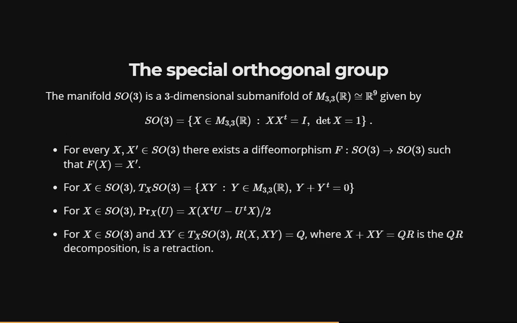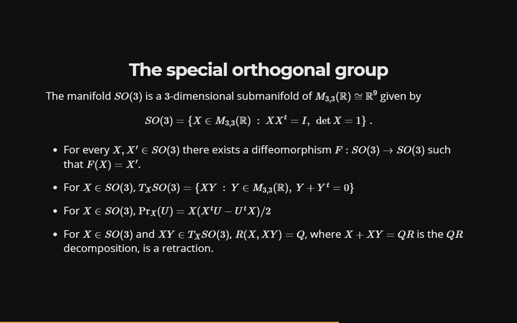Now, the retraction. The last ingredient to work on the special orthogonal group, the retraction. This is a possible retraction, it's not the only retraction, but it's the easiest to explain. So, we write an element of the tangent space as X times Y. The retraction of XY at X is Q, where QR is the decomposition of X